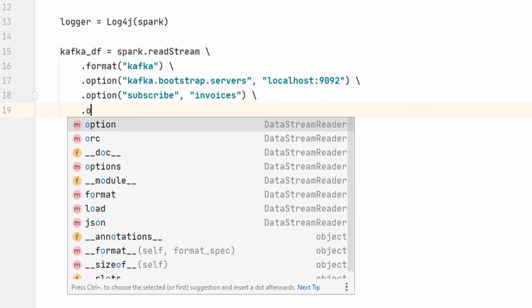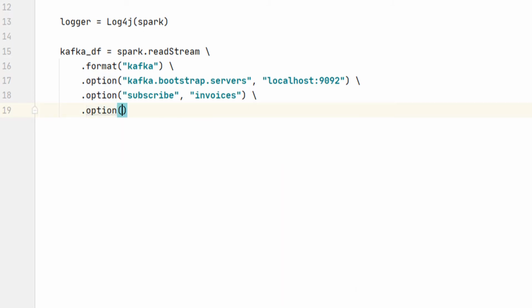What else? By default, the Kafka consumer reads from the latest offset. However, I want to change the starting offset as the earliest. This option makes sure we start reading from the beginning. However, you might be wondering with the following question. Will the second batch and third batch also read from the beginning? What if I stop the application and restart it again? Well, nothing to worry about.